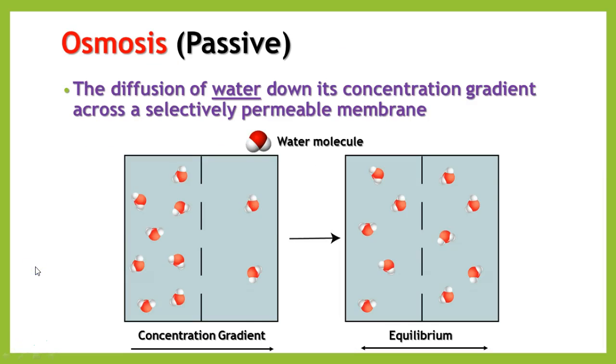Now, another type of passive transport is something called osmosis. Osmosis is a type of diffusion as well. It is still movement of molecules from a high concentration to a lower, but it specifically is the diffusion of water down its own concentration gradient, from high concentration of water molecules to lower concentration of water molecules, across a selectively permeable membrane. So here we see the membrane in the middle of our system, and we've got a high concentration of water molecules on one side, a lower concentration on the other side, and the tendency will be for more molecules to move to the right across the membrane until you reach the equilibrium point where they're moving equally